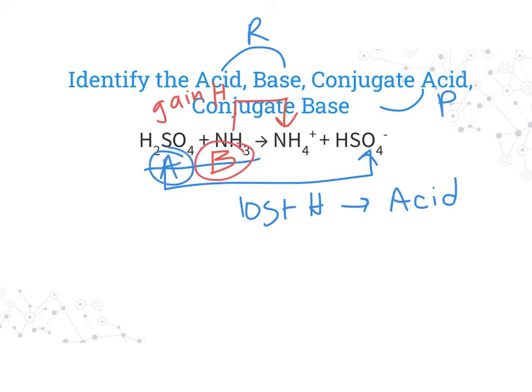Now in this case the base didn't have OH minus, but if it did, it'd be a really easy way to see. So now we know that the base always turns into the conjugate acid, and the acid always turns into the conjugate base. Here's the way that we know that there's a conjugate acid and conjugate base. If I write the whole reaction backwards,